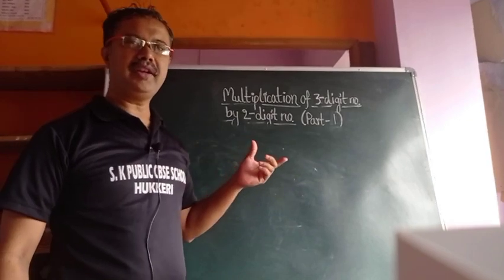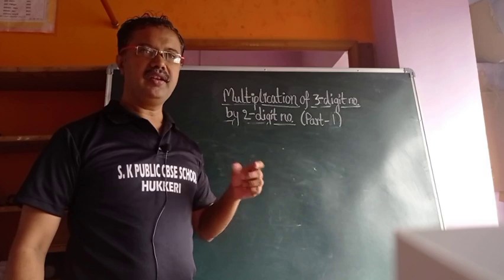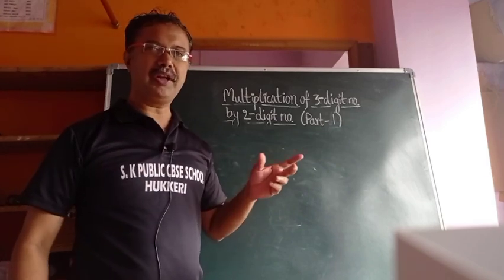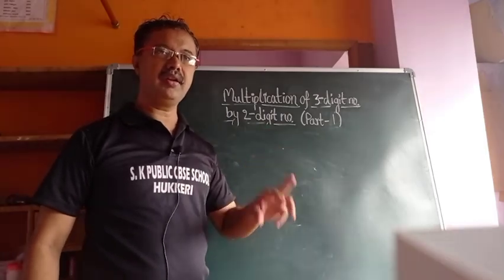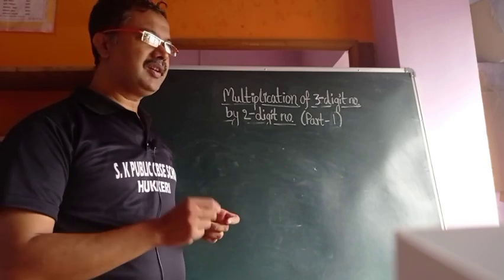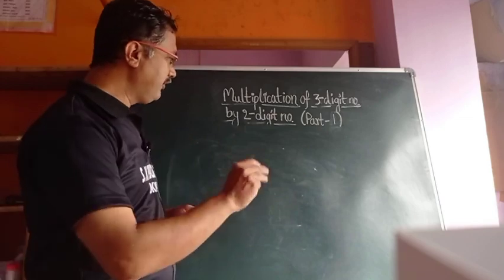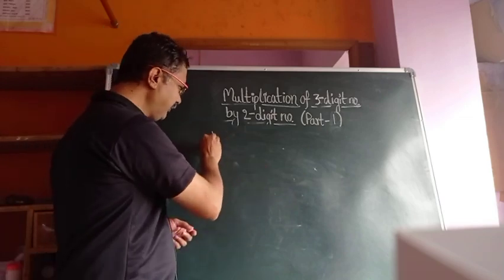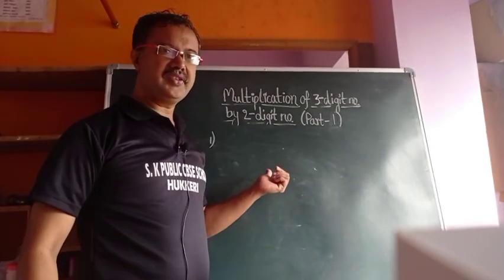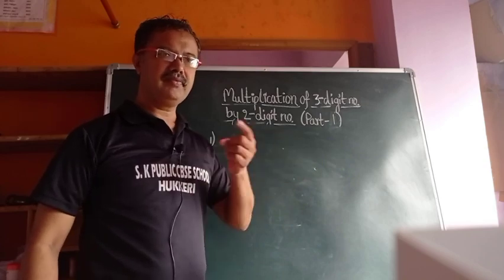Multiplication of a three-digit number by two-digit number. Before that, we have to start a little. Yesterday, I gave tricks about how to multiply a two-digit number by a two-digit number, and it will help in your examination. That also I told. But somewhere a little clarification I will give. Today we will solve a few more examples here. The tricks, not this one. This is apart from the syllabus, but I am giving the tricks and hints.